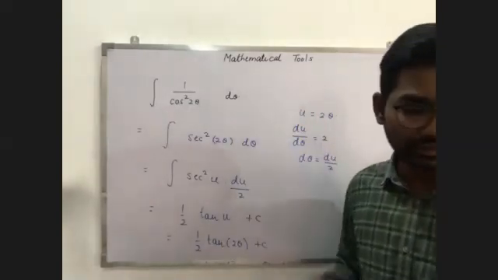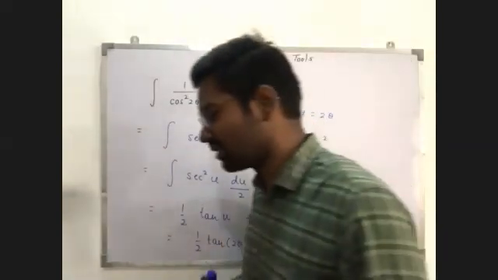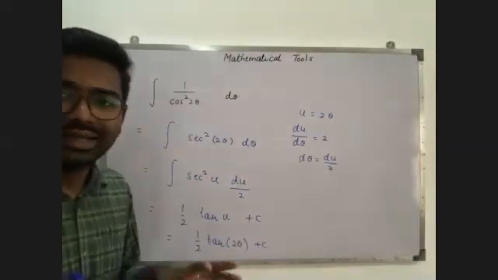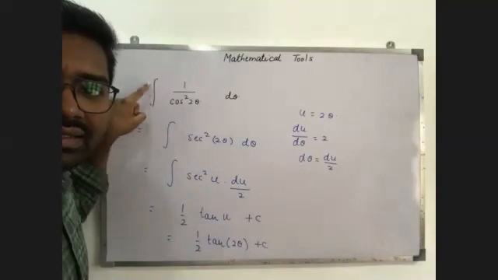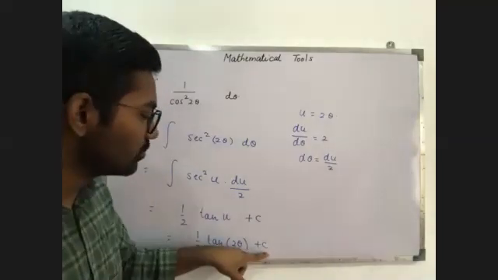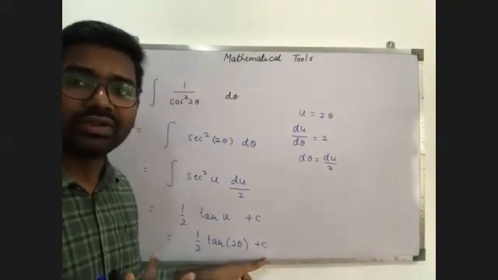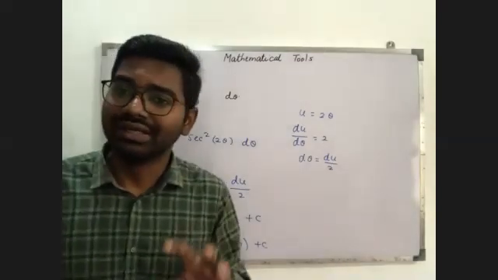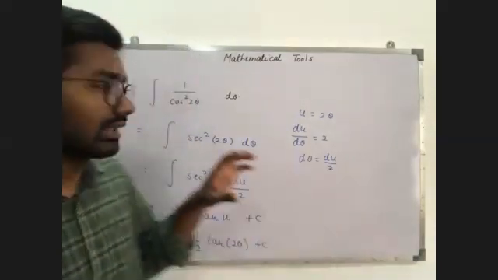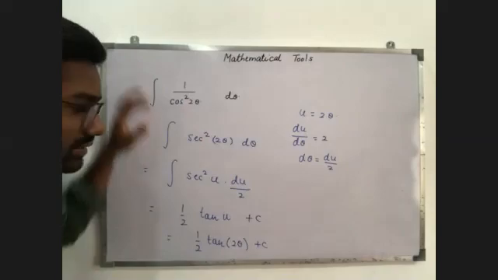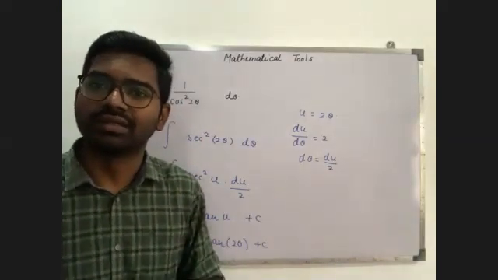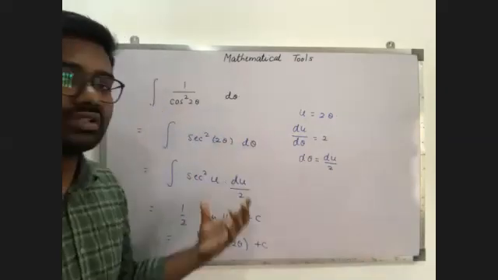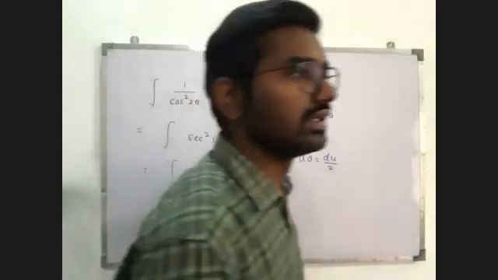So is this clear? Till now, listen guys, we have done the indefinite integration. Indefinite integration means I told you here I am not writing the limits and I am using an arbitrary constant. Now after this we are going to see definite integration. In that, I will use the limits, and then this arbitrary constant c is not going to be in the integration. We have to remove it.